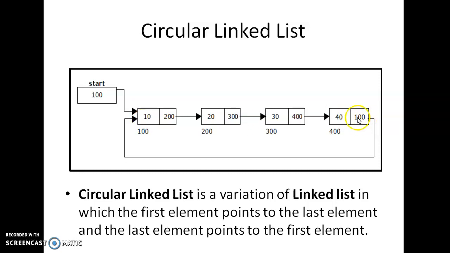So that's why a circular linked list is a linked list where the next pointer of the last node points to the starting of the linked list. In the single linked list, this will be pointing to null, but in this circular linked list, it will be pointing to the first element. This is the representation of the circular linked list that we are having.